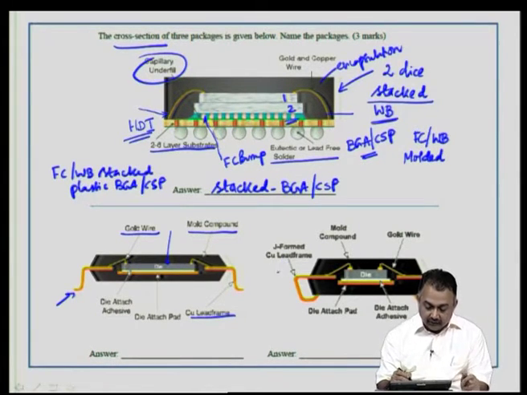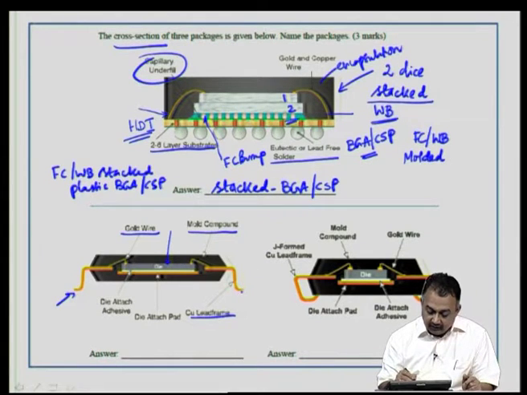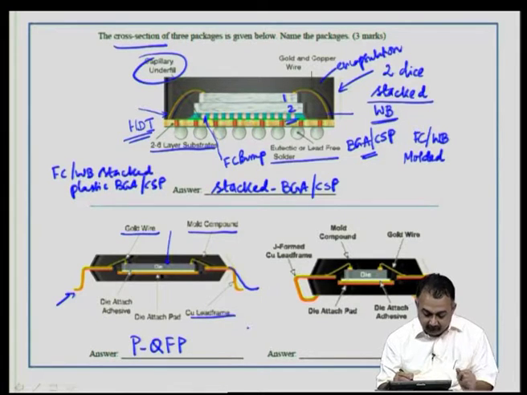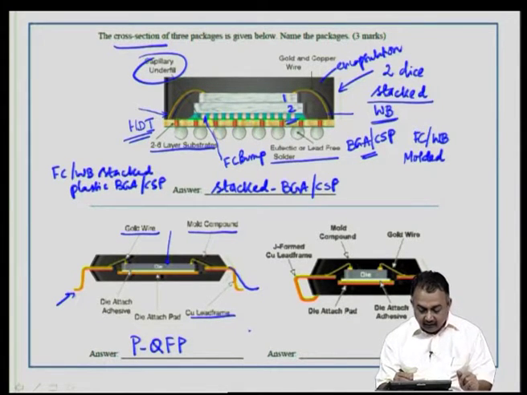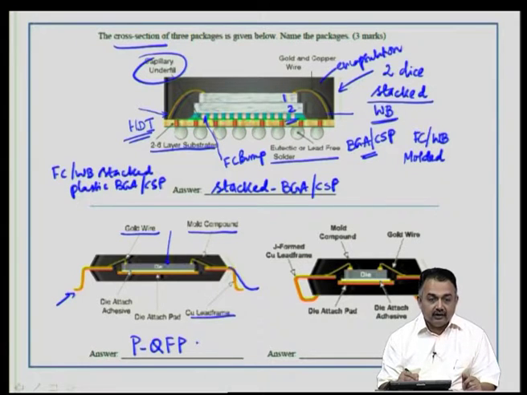So, you can see that this lead is not gullwing. Gullwing will have a different type of shape. So, this is a normal quad flat pack kind of configuration. So, this will basically be a QFP, you can say plastic quad flat pack, and in the nomenclature you can't really explain about the wire bond. So, PQFPs are well known to have wire bonds if you look at the cross section.